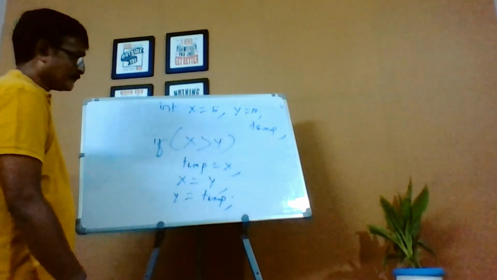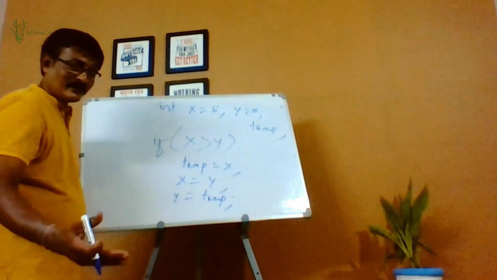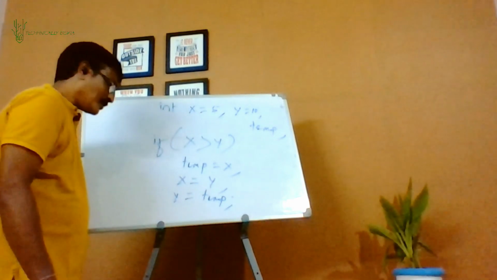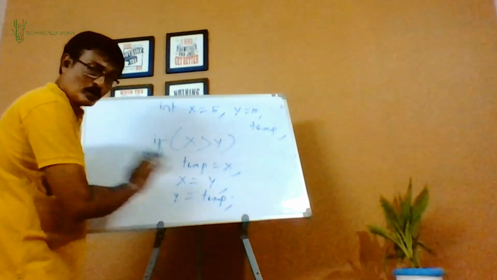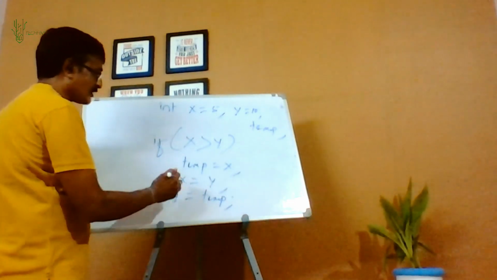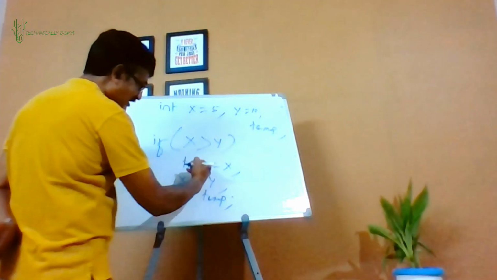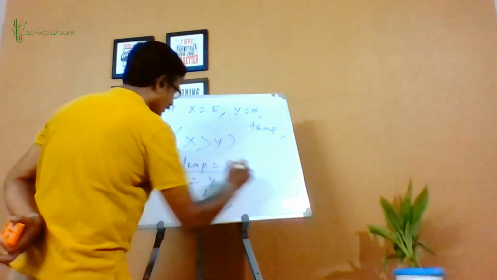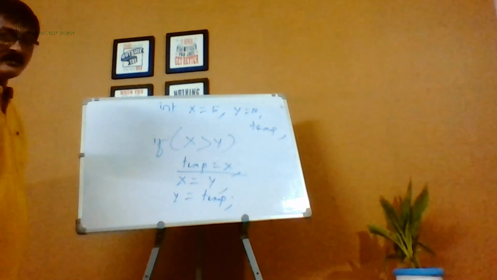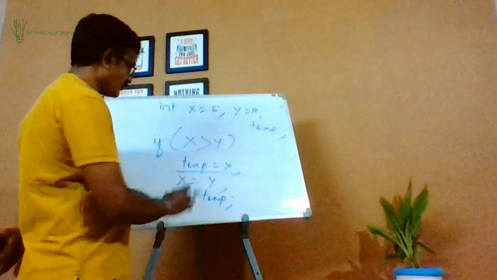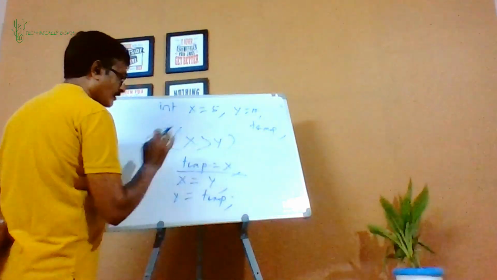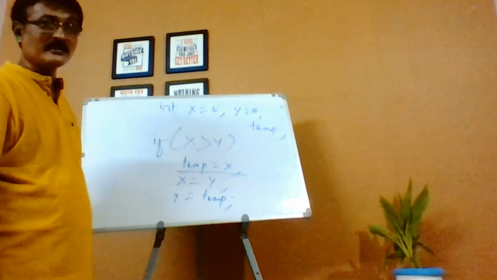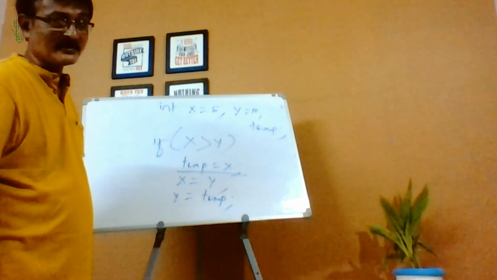Now tell me what will happen with this code. What will your compiler do? Think of it. Now what will happen here? x greater than y, true or false? False. Is there any scope here? No. So without any scope, the line below the if statement is the only line which is dependent on the if statement, isn't it? Since it is dependent on the if statement and the if condition is false, this line will not be executed, but whatever these two lines, they will be executed, isn't it?